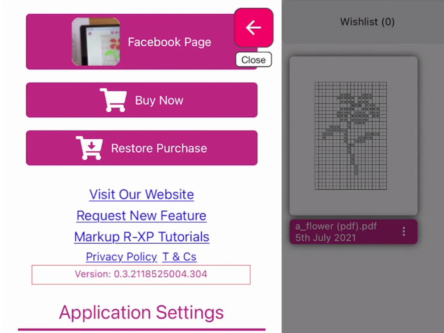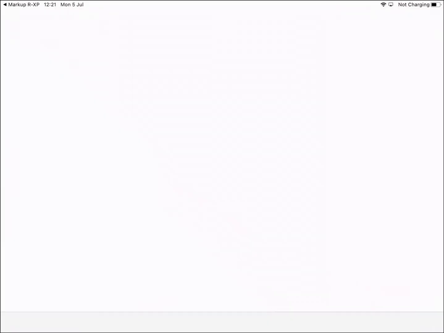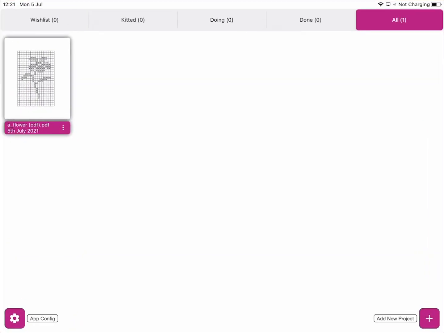So if I just switch back to our scene, now when Markup RXP loads, if there is a newer version of the app available, you'll get this little message that comes up. You can hit no if you don't want to update. But if you do hit yes, that will take you across to the App Store where you can simply download the latest version of Markup RXP. And once you've done that, you can jump back into your newly opened application and you're off and running with the new version.